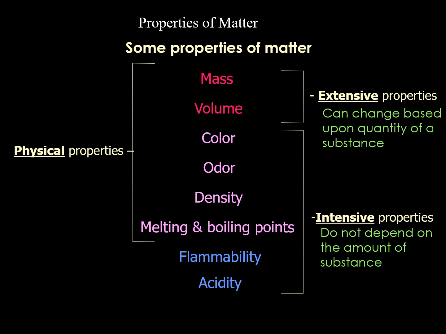So for instance, for water, the density of water is always 1 gram per mil. If you have lots of water, if you have very little water, the density will still be 1 gram per mil. Same as the melting point. The melting point of water is 0 degrees Celsius. Whether you have a lot of ice or very little ice, in an intensive property, you'll be